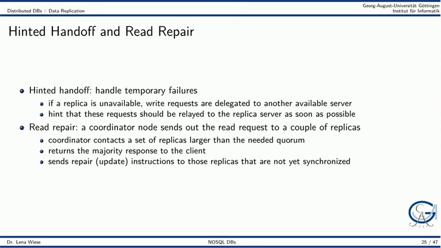If the majority of replica servers returns the same value, this is the result sent to the client. However, some replicas might have returned outdated values. To these replica servers, the coordinator sends out repair instructions so that they can synchronize with the other, more up-to-date